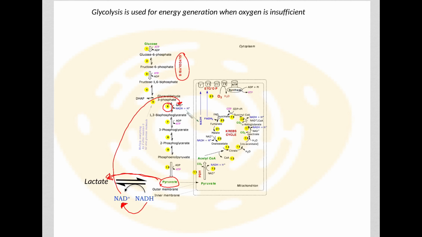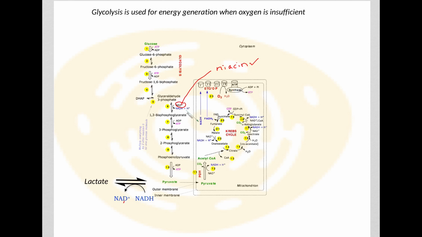So glycolysis requires a lot of NAD. Now NAD is derived from a vitamin, niacin. We do not make this vitamin, we get it from our diet. So since it comes from a chemical that we do not make, to make sure that we have sufficient amounts of NAD, we